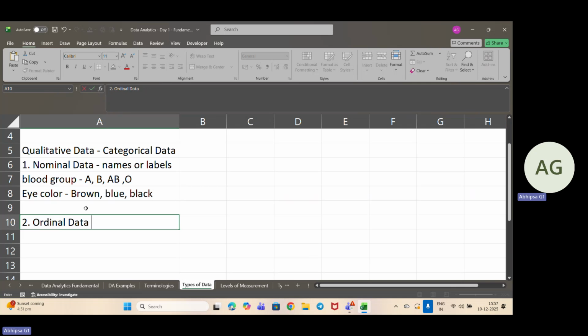Such as movie ratings. It needs to be clarified that ordinal data are still not numbers. They have labels and a sense of ranking, but they are not numbers. In movie ratings, we get 1 star for a below average movie, 2 stars, accordingly 3 stars and 4 stars, like that. So this is all about ordinal data.